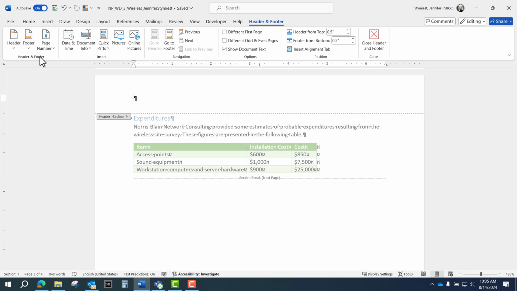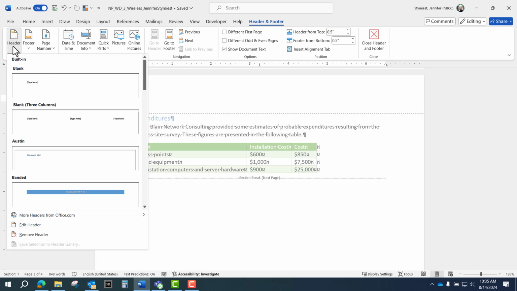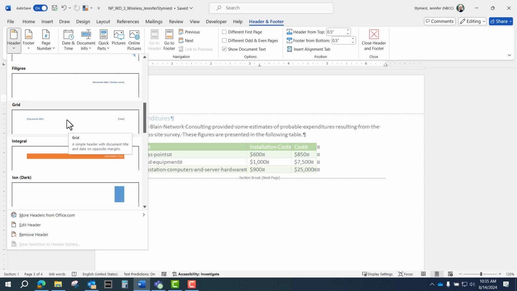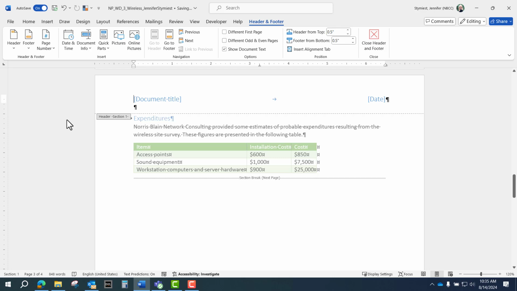And then over here in our header and footer group, we're going to click header. And we're going to scroll down and click grid. So you have a document title and a date. So click the document title placeholder text, and you're going to type